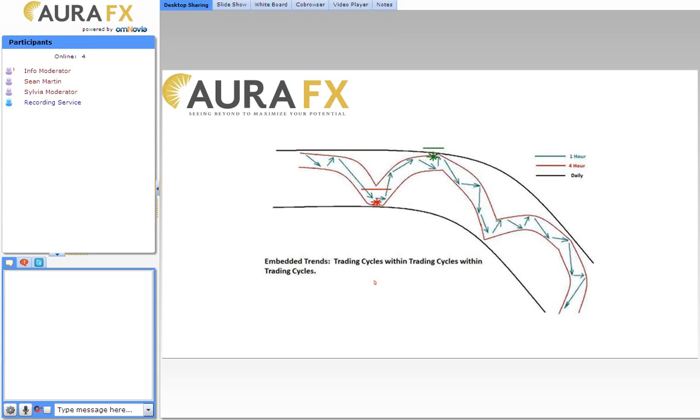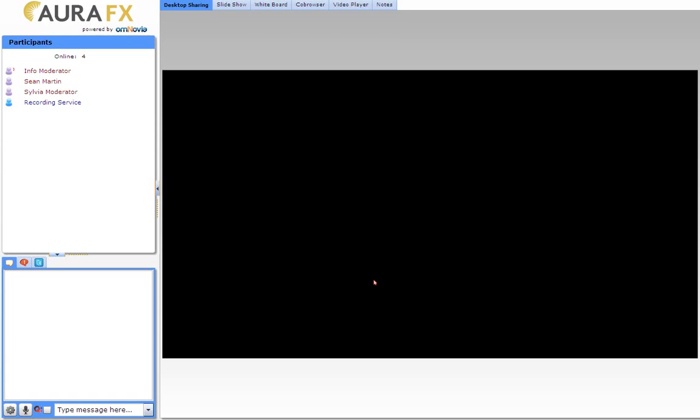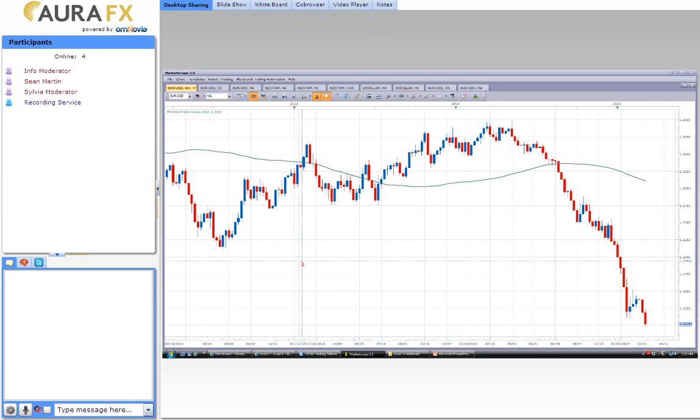into the big picture. Okay, let's take a look at some live charts here and see what we've got going on. Okay, and this first one here we want to talk about, this is a weekly chart of the euro dollar. Some traders really like to start off with the weekly. I don't, but what works for me is not necessarily what's right for anybody else, and I'm okay with that, and you should be okay with that too.